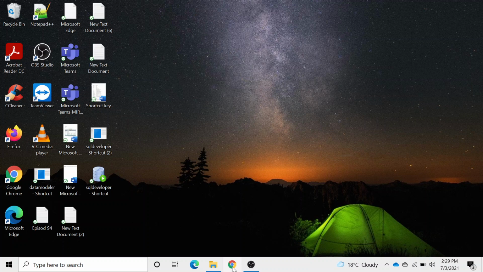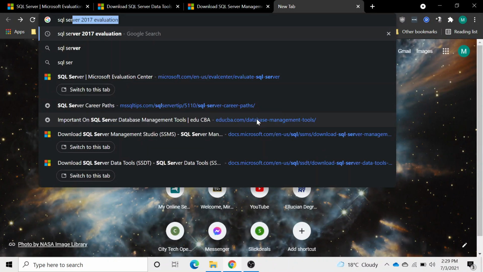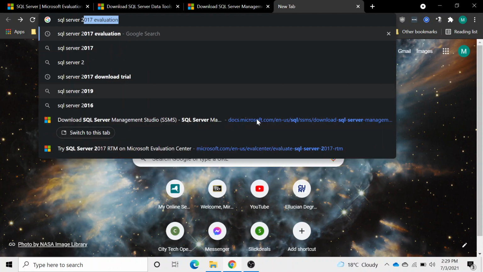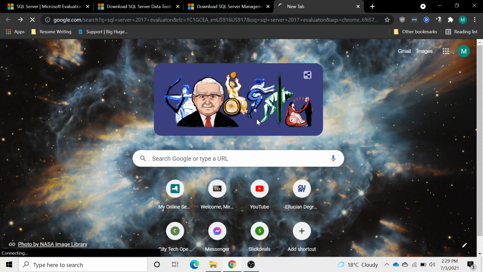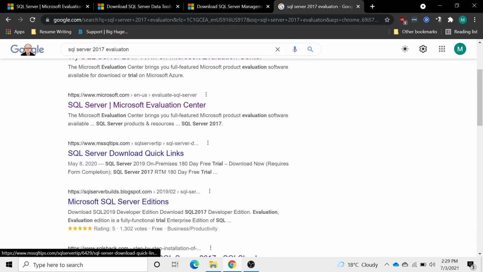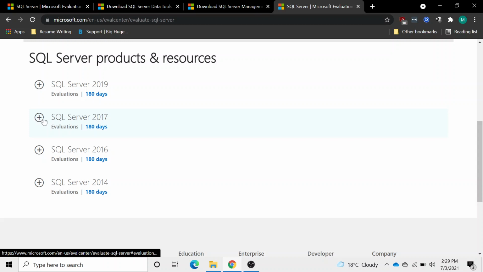So let's go to Google Chrome and write down SQL Server 2017 evaluation. Then go to SQL Server Microsoft Evaluation Center. Then go to SQL Server 2017, expand that,